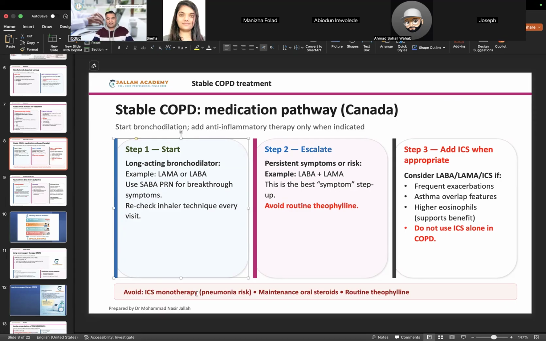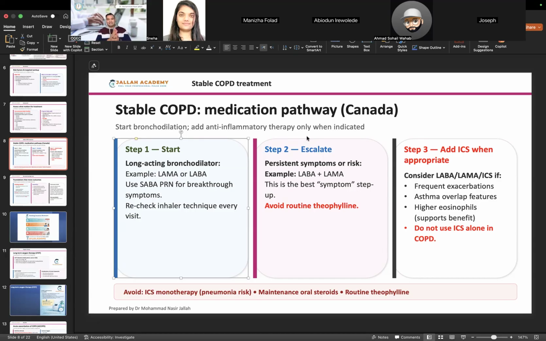And maintenance oral steroid, don't use it, especially if it is mentioned as monotherapy. Why don't we use it? For an obvious reason, because it comes with a lot of side effects. But if you have an oral steroid and it's only for 5 days, which is the typical duration of steroid for COPD, that is your answer. 5 days. Maintenance is long term, so it means you have to keep taking it for a long time. That's not your answer.